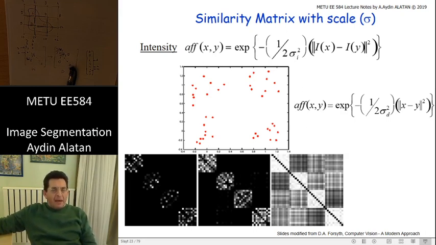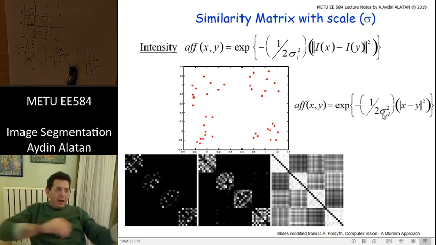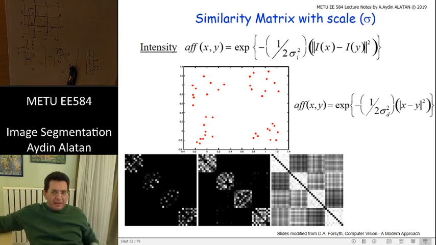Based on these sigmas, we will have different numbers here, because with a very small sigma, everything will quickly become a very small number, whereas it stays larger with a large sigma. Therefore, I have to consider this sigma while I am filling my affinity matrix. I don't know how to find the scale, but scale is an important parameter while you are defining distances. Therefore, these are obviously different things. There are 4 clusters here, 4 submatrices,